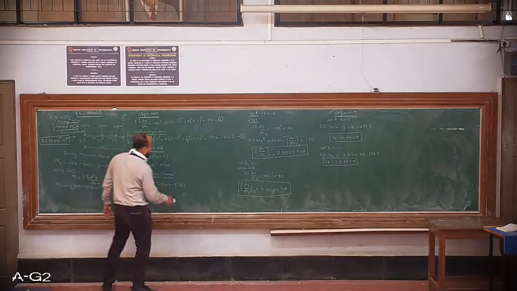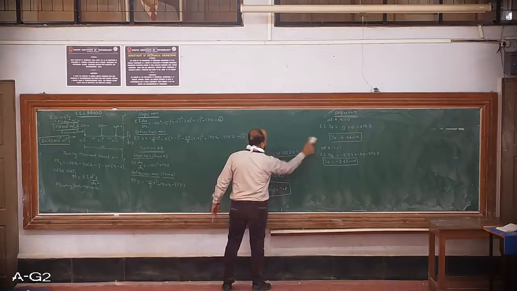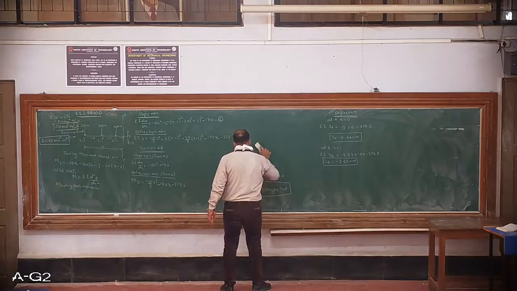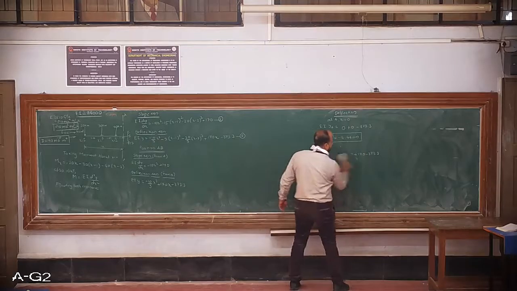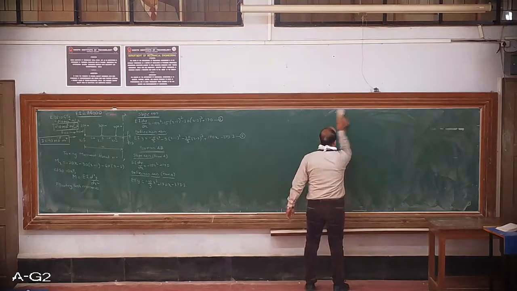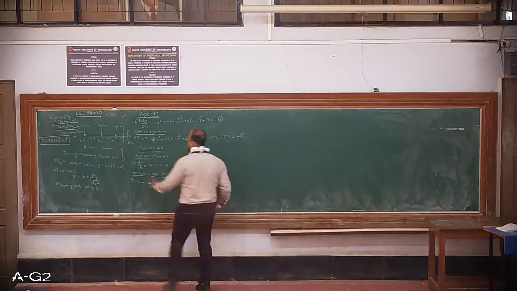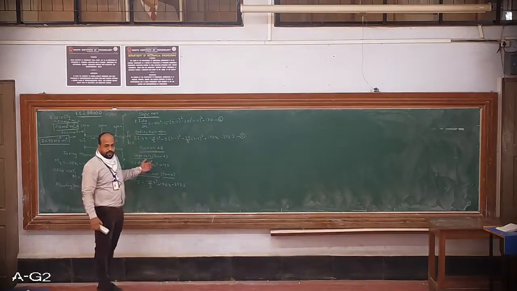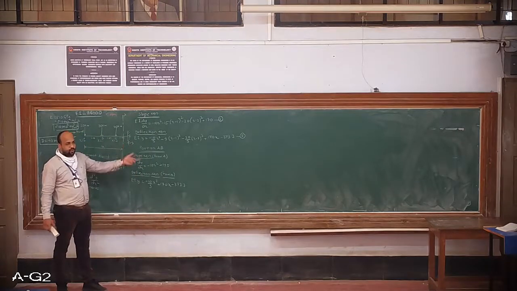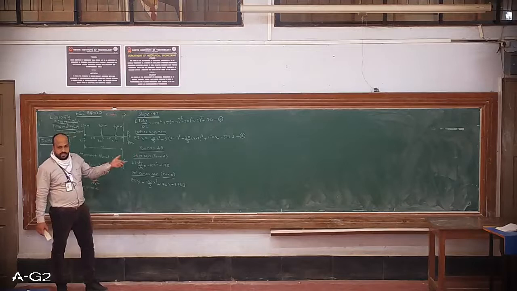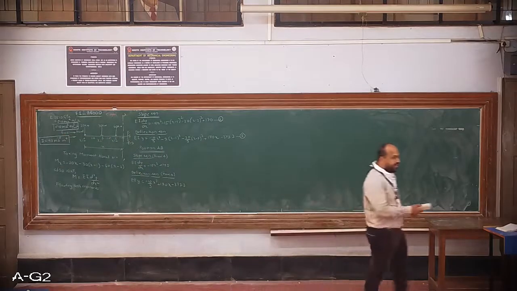Here portion AB, let it be. Beside it I will write the equation for portion BC now. So the only thing is getting these equations. Once you get these equations, you just have to go on putting the limits. At what location, what is the variable? That is, the variable is x. What is the value of that variable? If you can put that much, then it is very simple.